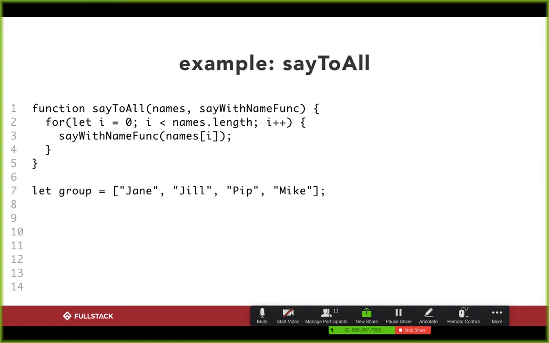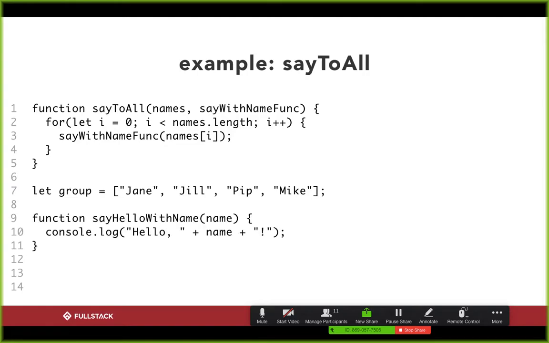So why would this be useful? On line 7, we have a group. It could be, we'll say, a group of names. And on line 9, we have a say hello with name, and it takes in a name parameter, and all it does is console log out hello name. Now when I invoke say to all and I pass in group, the group variable from line 7, as the first argument, and the say